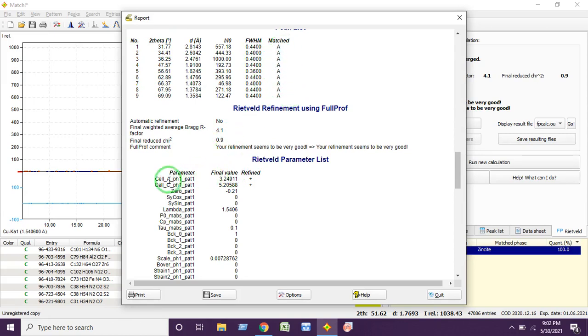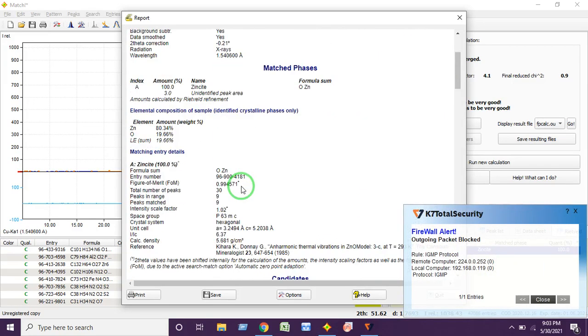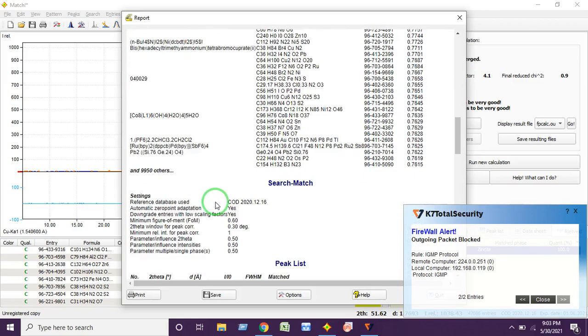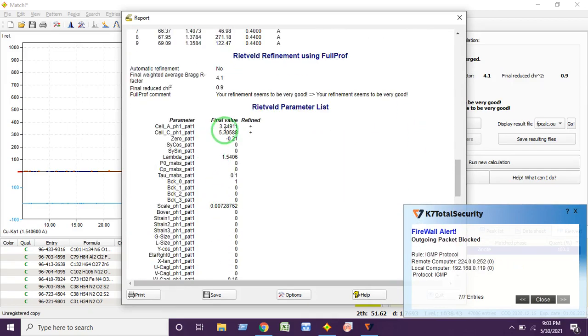Then you can see the calculated lattice parameters, around 3.24911 and 5.20588. We have got the value 3.24911, but according to the standard database the value is 3.2494.